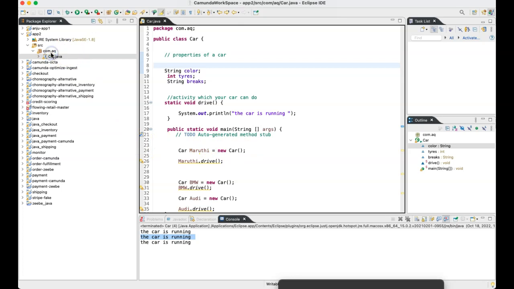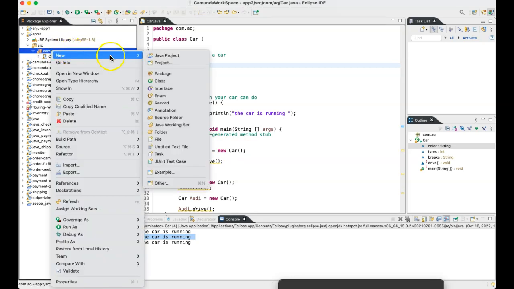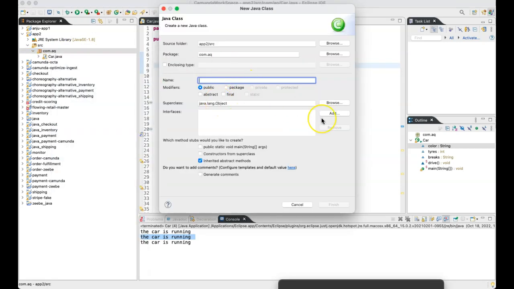Let's say we take one more example to understand it much better. Let me create one more class called animal.